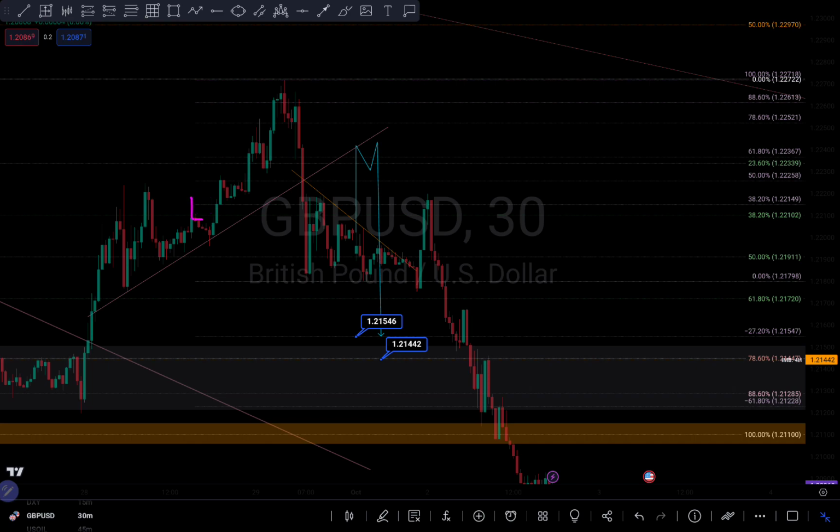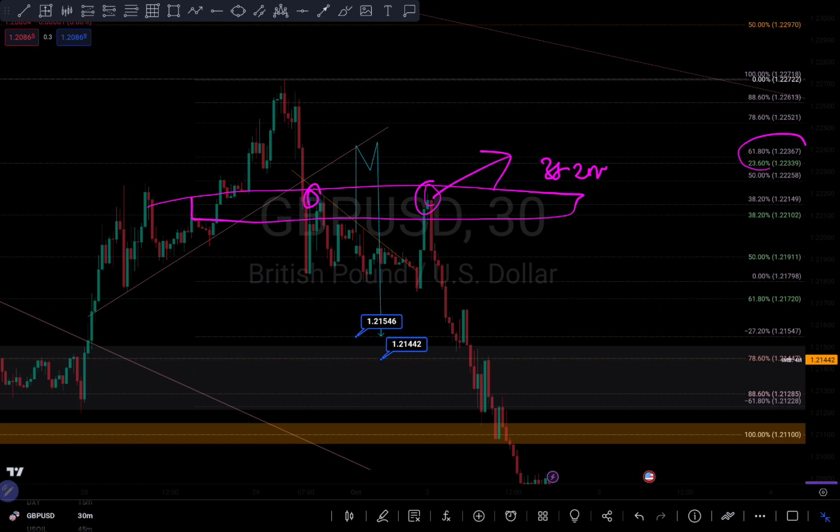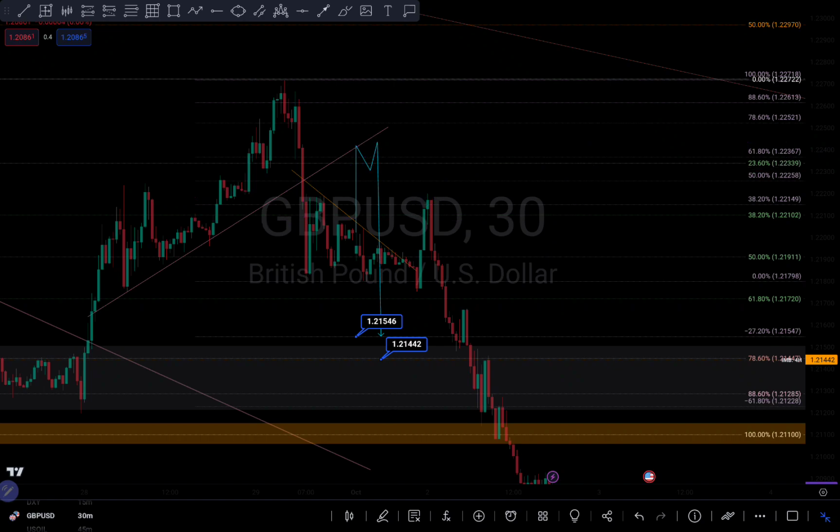38.2% fib level. So if you draw a zone right here, you can see that it gave me the M pattern right around the 38.2% fib level instead of my 61.8% fib level. You can see that I drew this M pattern right here. So I said there's a possibility for it to come here before we now tank to the downside, because M pattern is one of